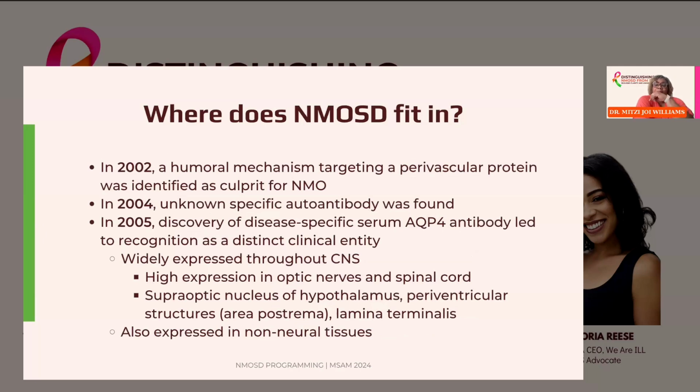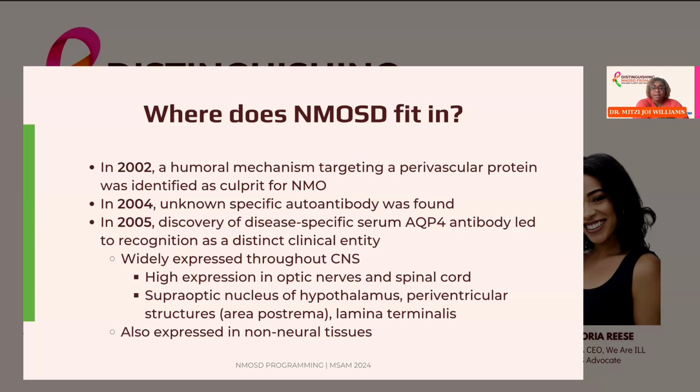Okay, so when we think about a little bit of a timeline of how this was discovered, in 1894 we knew that there were some forms of demyelinating disease that affected more of the spinal cord and the vision, didn't look like typical MS, but was thought to be a part of MS. And then this is just a timeline of understanding the antibody for NMOSD. In 2002, a protein was thought to be identified as the culprit for what's being attacked in NMO. Then in 2004, the antibody was found. And then in 2005, we had a name for the antibody, which is the aquaporin 4 antibody.